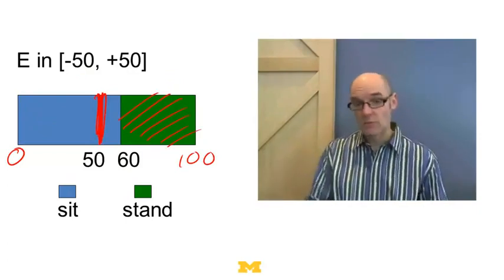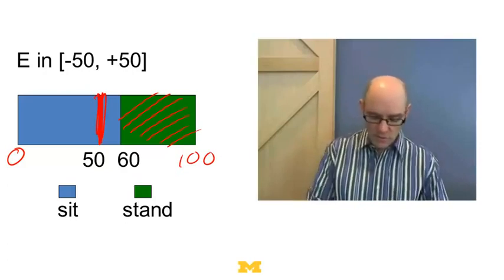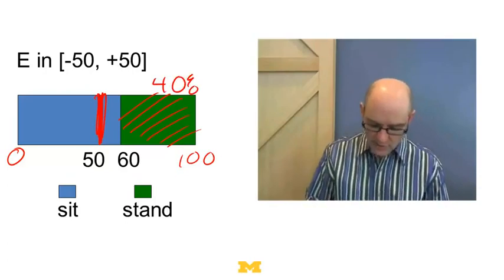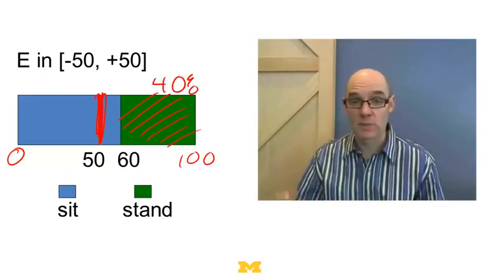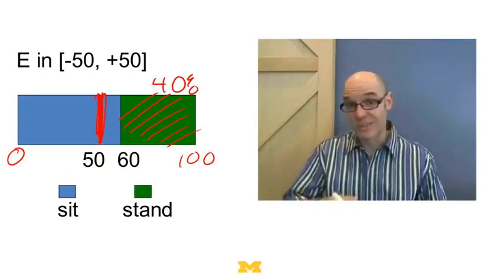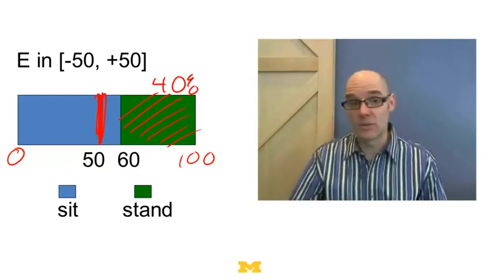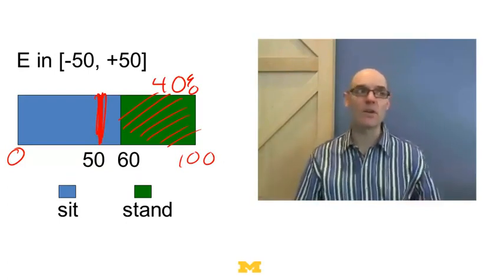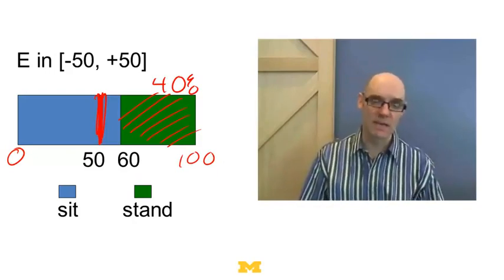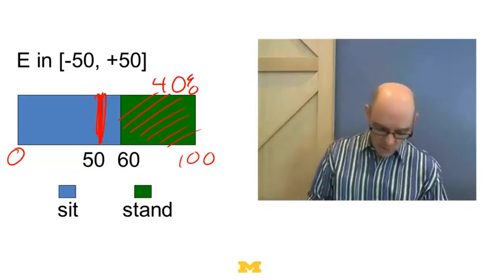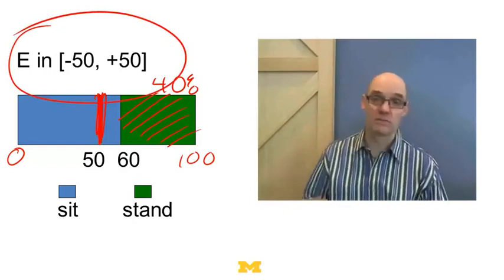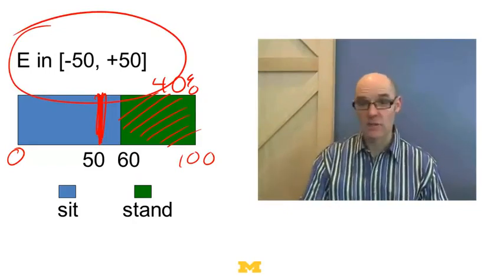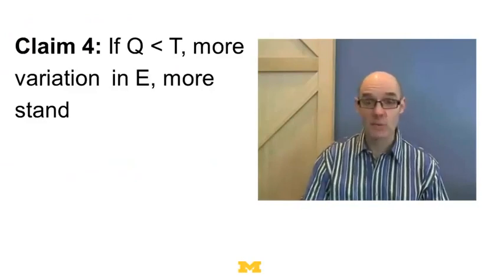So if we assume people are uniformly distributed between 0 and 100, equally distributed across there, that means that 40% of people will stand up. So unless X is above 40%, you're going to get a standing ovation. And think about it. If you go to the theater and you see 30% of people stand up, you're likely to stand up. So when we have this large diversity or large error term, you're more likely to get a standing ovation. Okay? So that's claim 4.